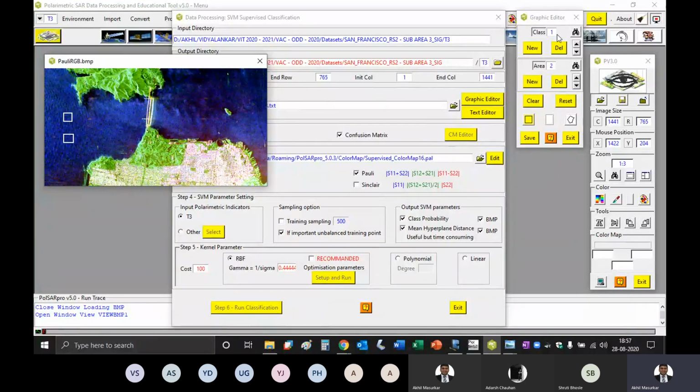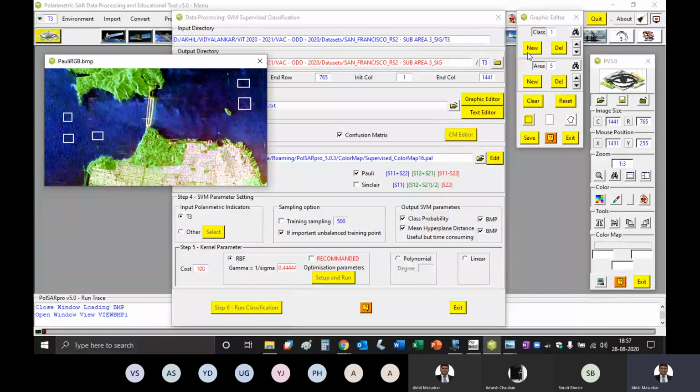Now again, for this class 1, I am giving area number 3. Again, I am saying new, and then I am specifying the area here. I can give 4 samples if you want. So give some samples on this side of the bridge. Again, say new. Again, give something on this side of the bridge.